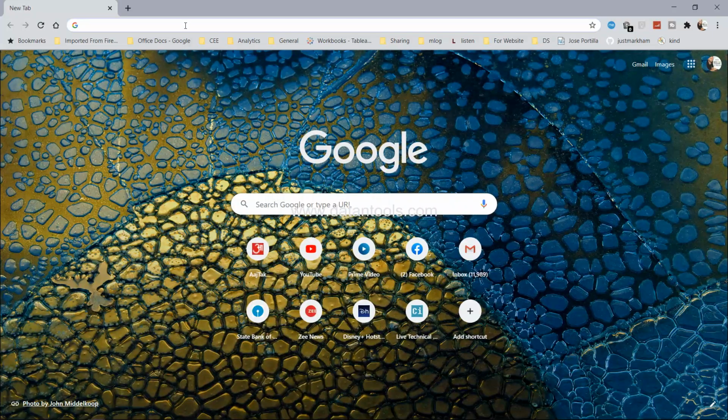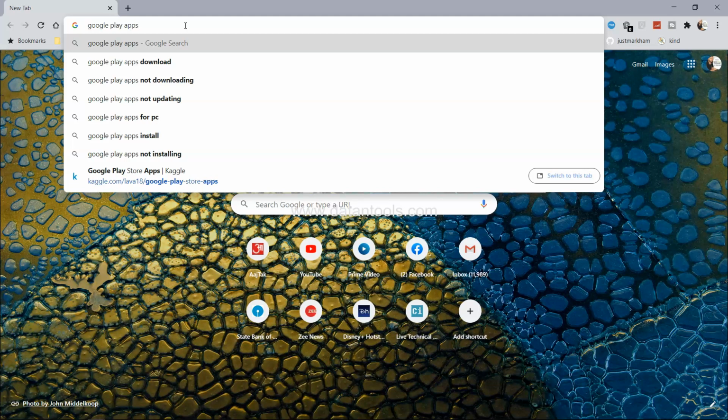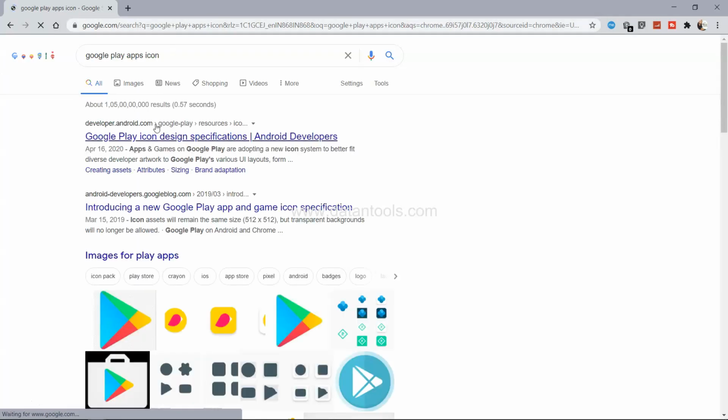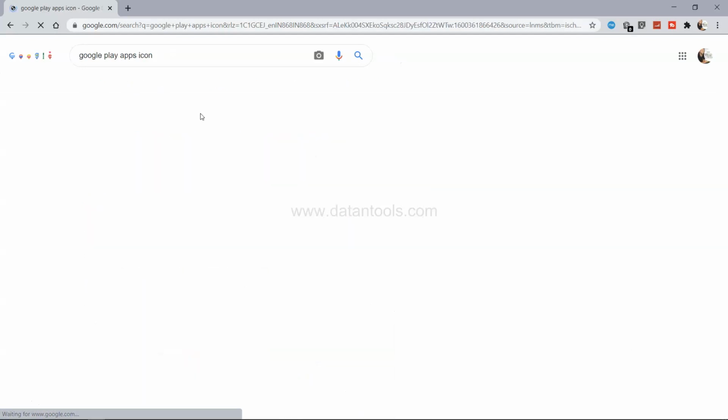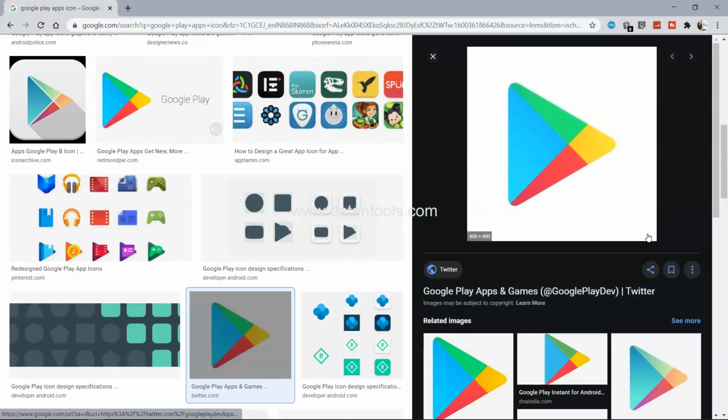All right, images. So there's this icon, probably this one is good. Right click, save image, and in download we will say Google Play, and let's come back